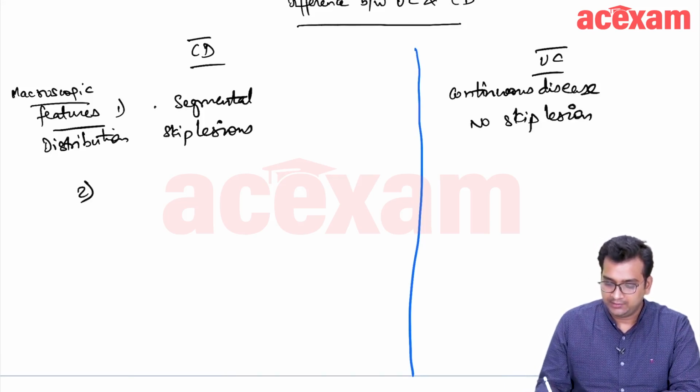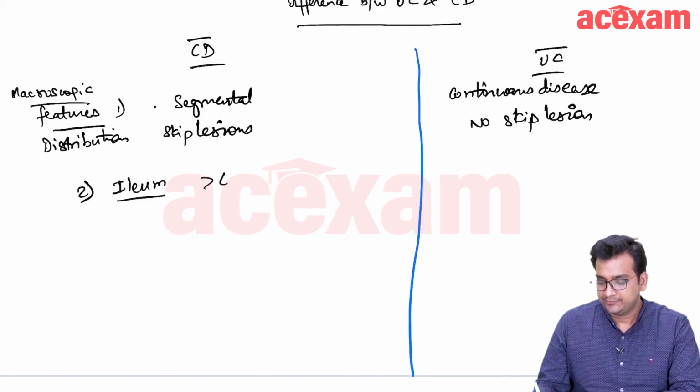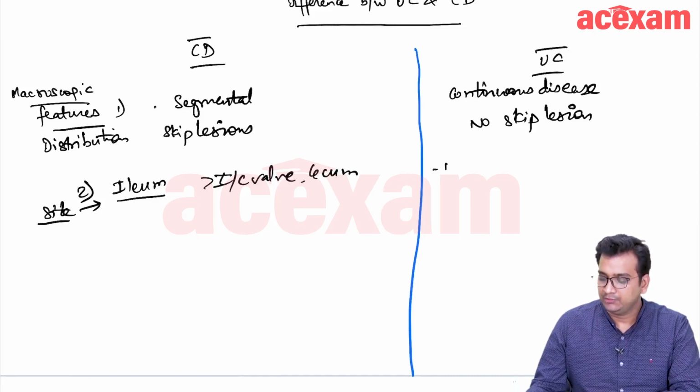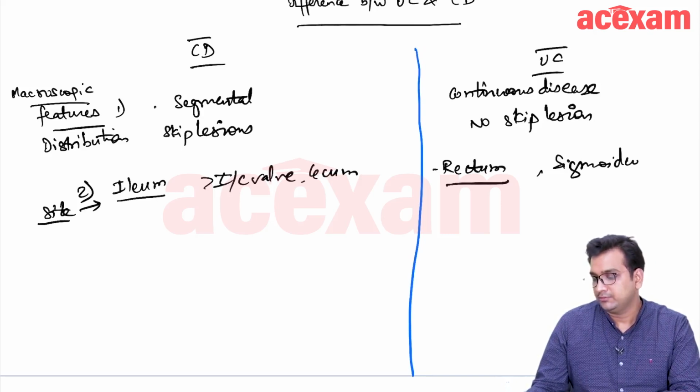The most common site of involvement is the ileum, followed by the cecum or ileocecal wall. Here the most common site is the rectum, which is almost always involved, followed by the sigmoid colon, and